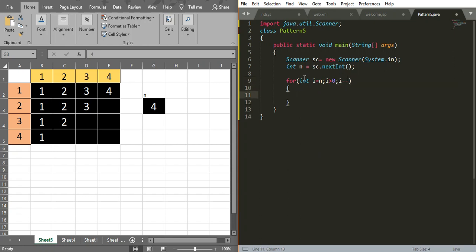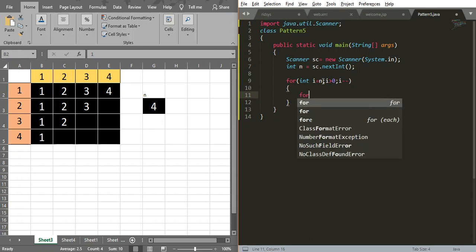Here I am starting the value as i equal to n, that means i equal to 4, because I have to iterate the first row for 4 columns, so I have to write 4 values on the first row. That is why I am initializing the first value as the n value.